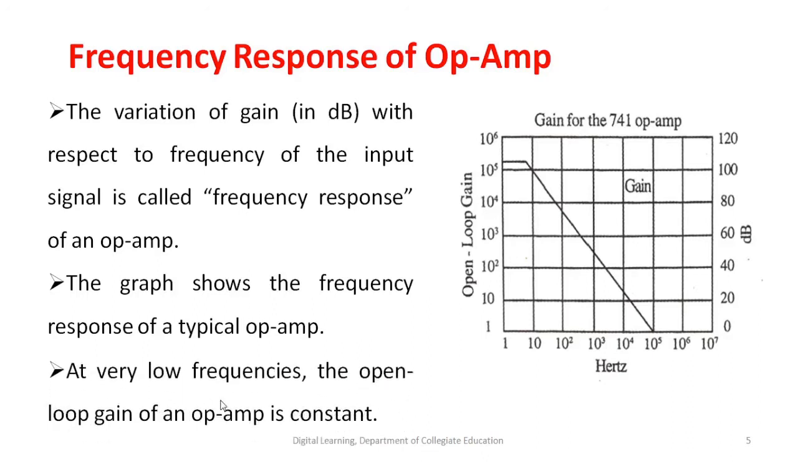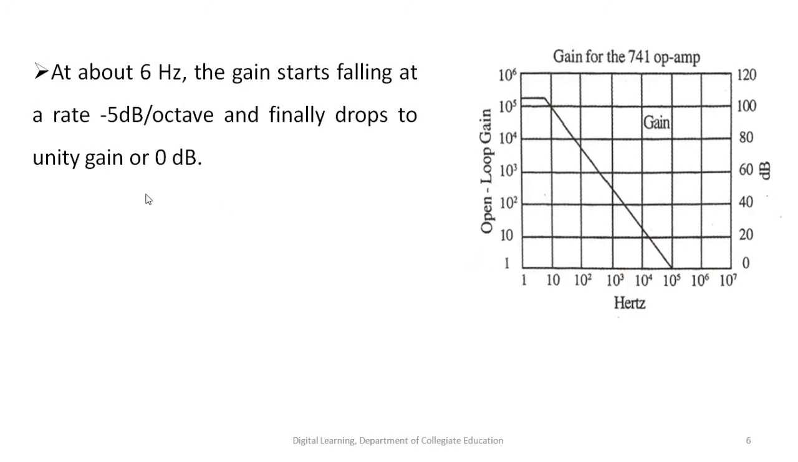At very low frequencies, the open loop gain A of an operational amplifier is constant. You can observe here, that is a straight line. At about 6 Hz, so here it is 6 Hz, the gain starts falling at the rate of minus 5 decibels per octave. After 6 Hz, the gain will be decreasing at the rate of minus 5 decibels per